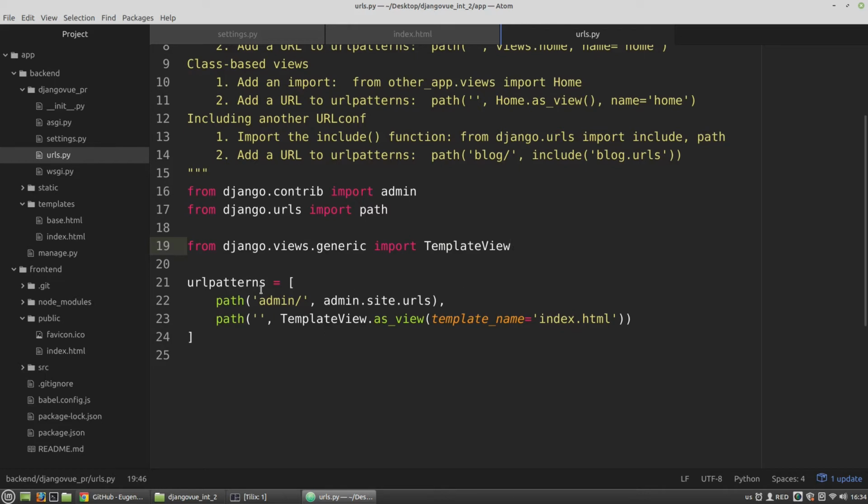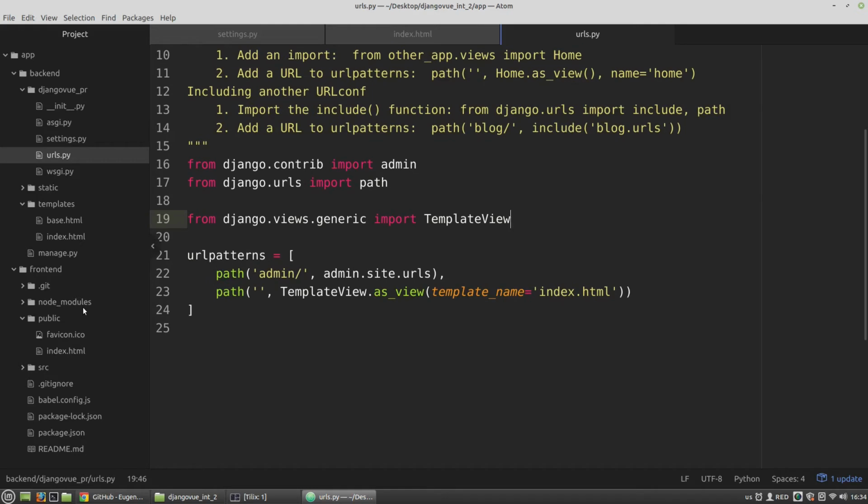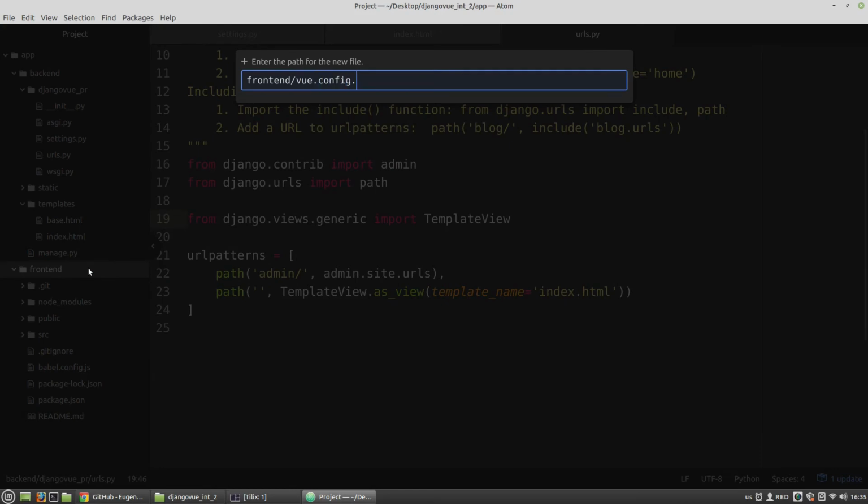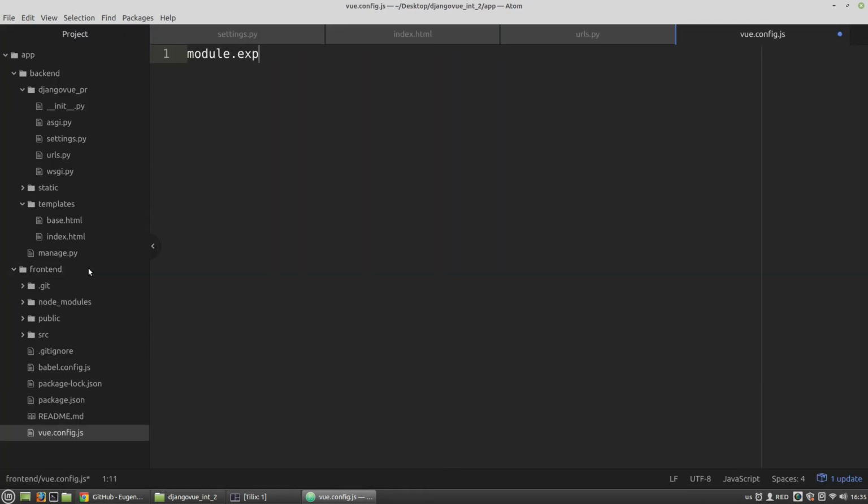And the last thing I have to do, I have to configure Webpack. In the front-end folder, I have to create the vue.config.js file. Module exports dictionary will have 3 keys. The first key is the public path. It's the path where our app will be published. Here I want to use the conditional value. If the environment variable node.env is equal to production, so the public path key gets the static dist value. Otherwise, else, its value will be localhost